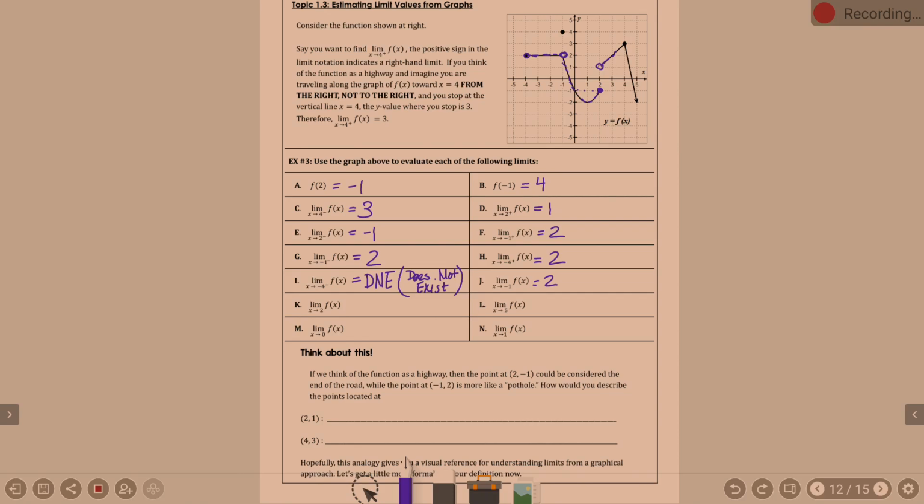Okay? What about the limit as x approaches 2? Can you have two answers? You cannot have two answers. So it doesn't exist. Because here's the deal. What did we know? As x approached 2 from the left, it was -1. As x approached 2 from the right, it was +1. As we approach 2, are we meeting at the same point? No. So when there's a left and a right, they have to meet at the same point for the limit to exist. Otherwise,